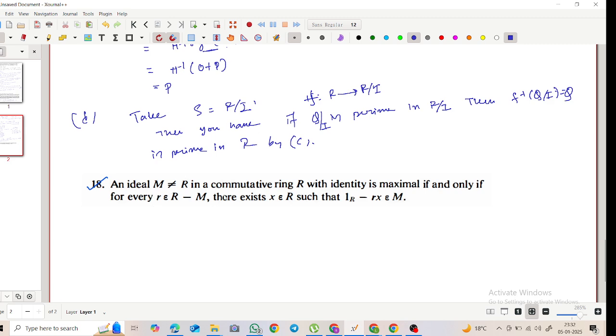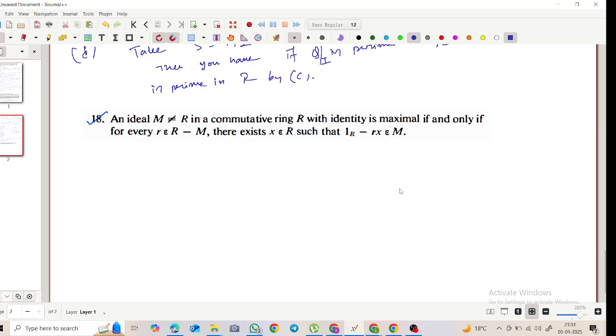An ideal M in a commutative ring R with identity is maximal if and only if, for every r belonging to this... So we have proved this in the first class, that a commutative ring R with unity